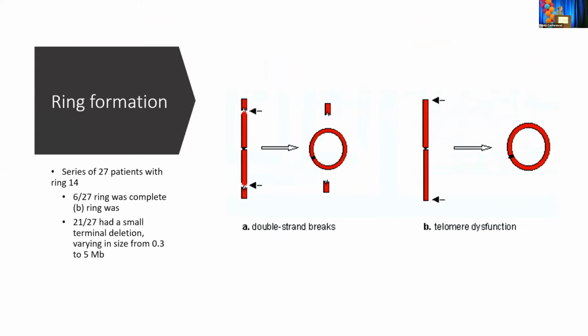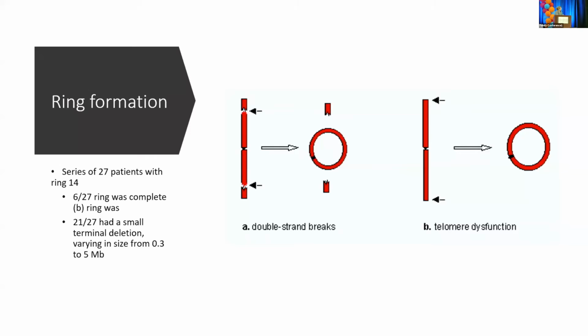And when we look at rings, there are two different mechanisms by which rings can occur. One of them is that there's a breakage at each end of the chromosome. So you have a short arm and a long arm of the chromosome. Here's that centromere that we were talking about with an inversion. You can have a breakage at each end of the chromosome, and then it can become unstable at those ends and form